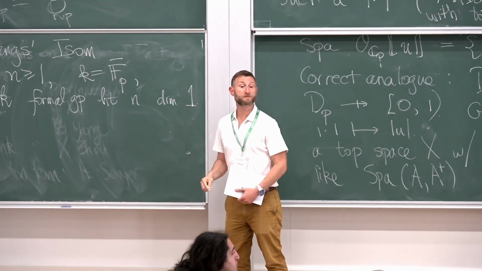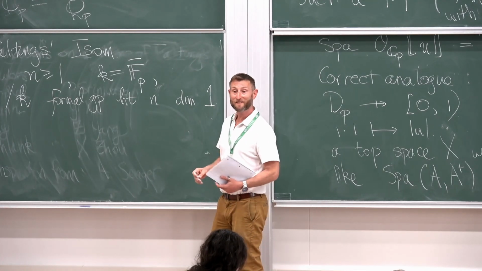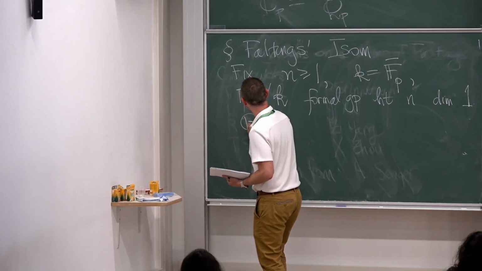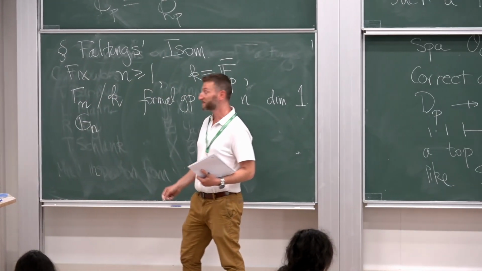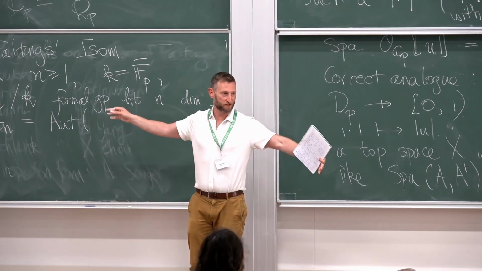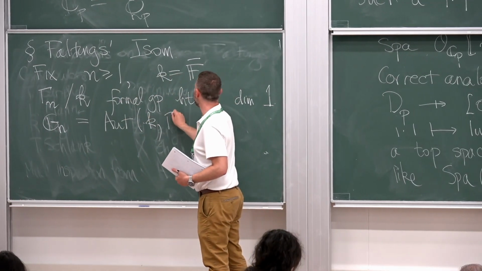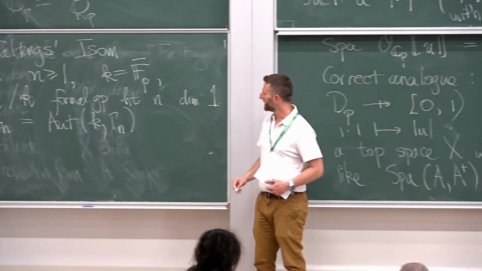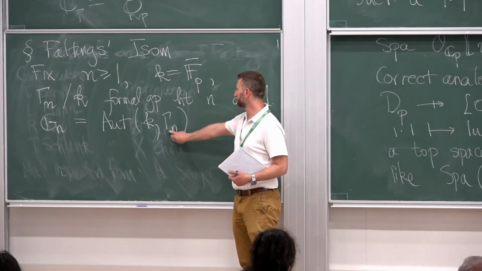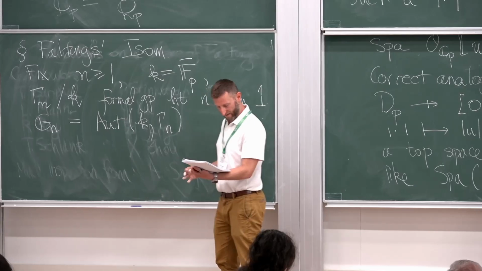There's only one of these up to isomorphism. And the next stage is to write down the Morava stabilizer group, which I understand is important to the chromatic homotopy theory people. I'm going to write that as Gn. This is the automorphism group. As I understand it, this is the biggest version of the Morava stabilizer group. It's the automorphism group of not just gamma n, but really the pair k, gamma n. This is some profinite group. It's a cover of Z hat by a certain p-adic Lie group. So this Gn acts on both the k and the gamma n.